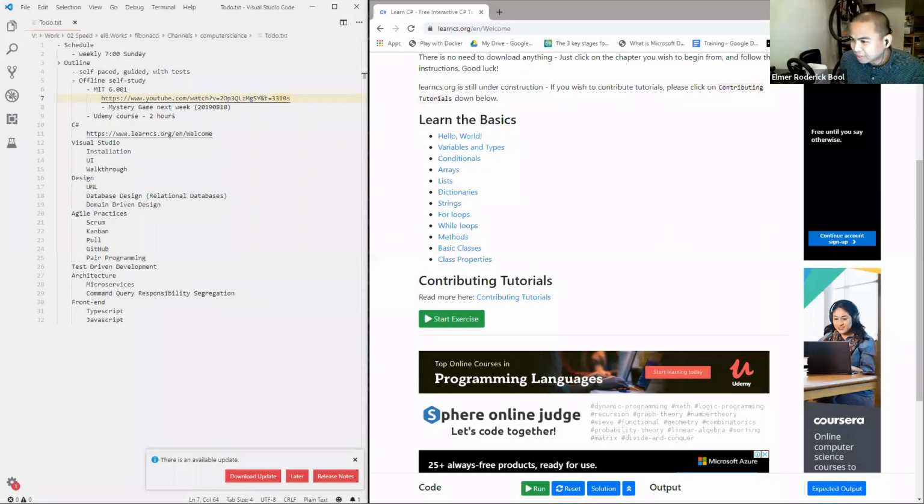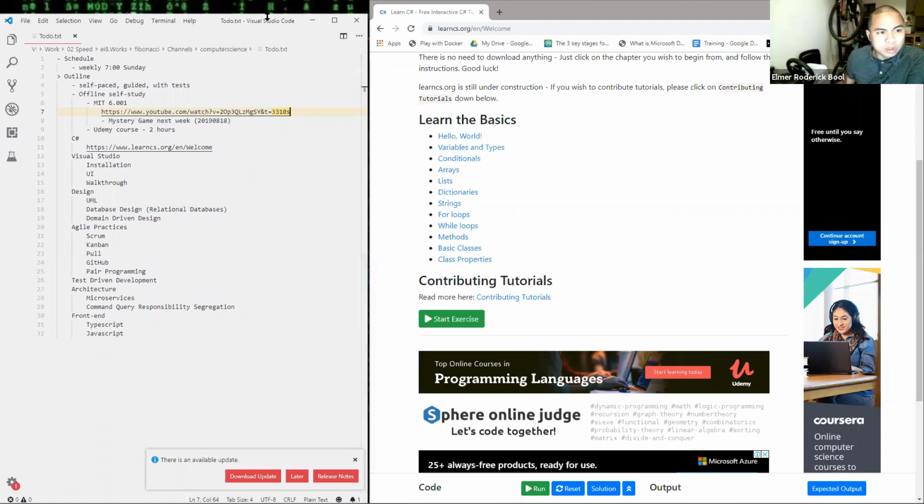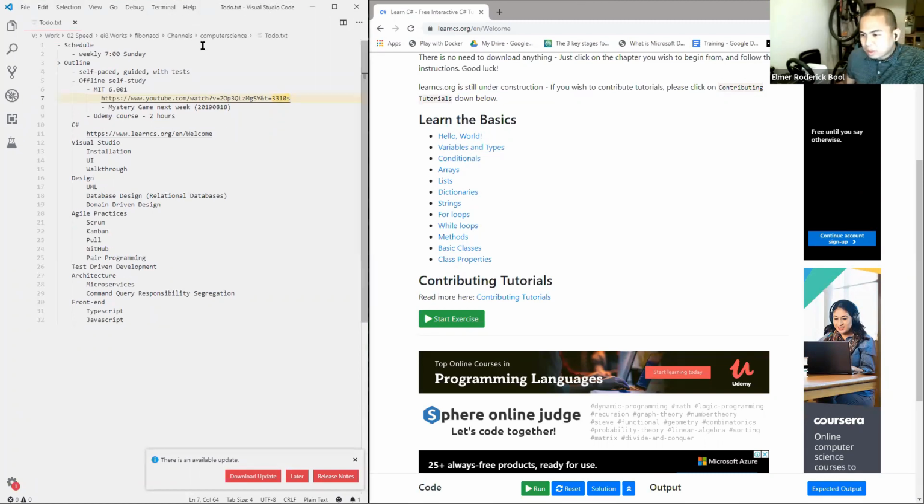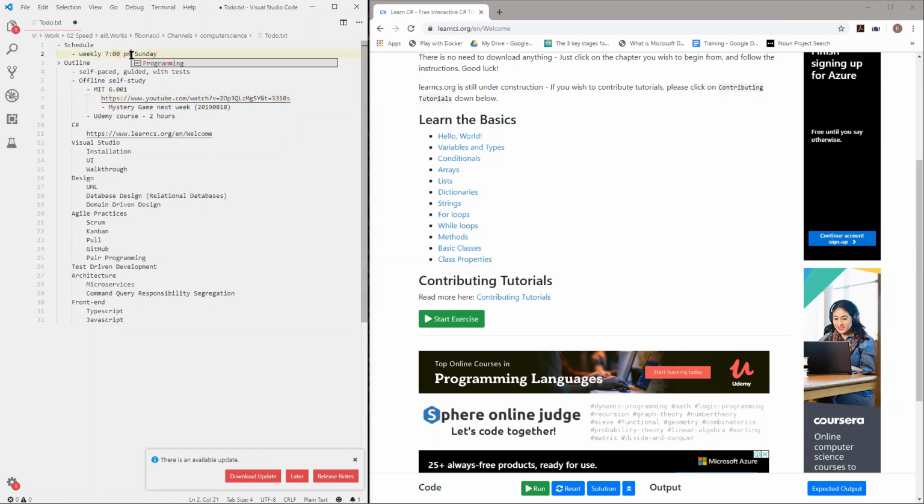Welcome everyone. Thank you for joining tonight's session for C#. As you can see in the shared screen, this will be a continued session that we'll be having every week at 7 p.m. every Sunday. Today is the very start of these sessions. Thank you for joining us, and hopefully in a few weeks, if not next week, you'll start coding at least with